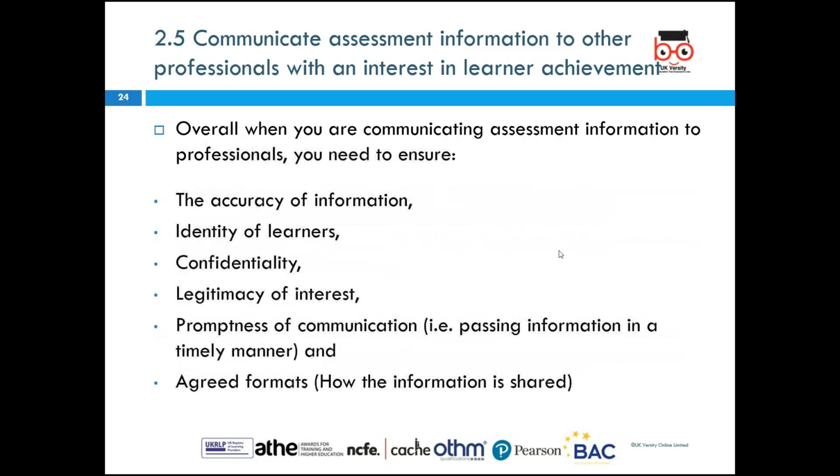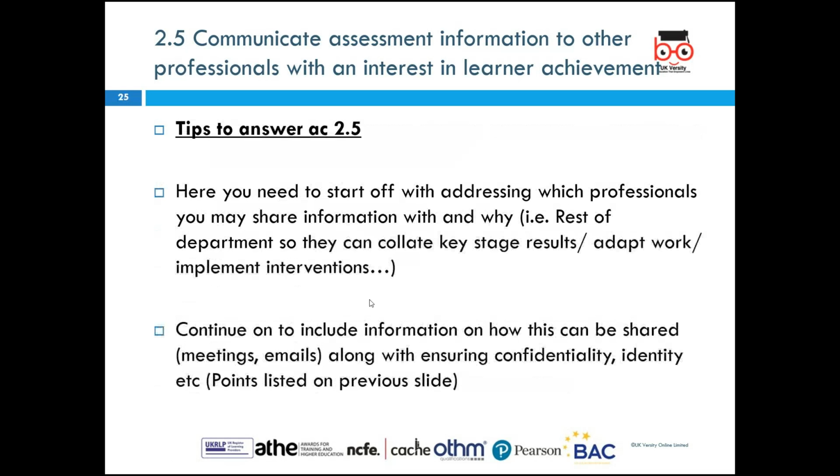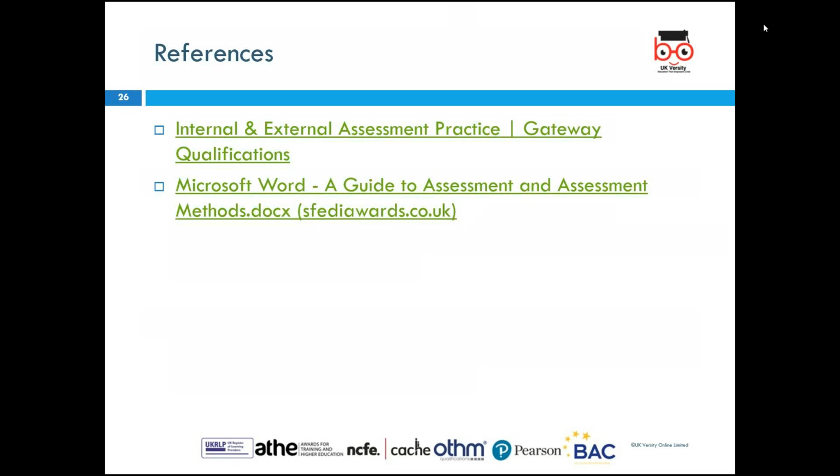So just go back to the previous slide here. So just make sure you do follow accuracy information, put down that you're covering the identity of the learners, that you're doing the correct learner, you're being confidential, only sharing it with people who need to know and who actually have a reason to know, and that you're doing it in a timely manner. So I'm going to